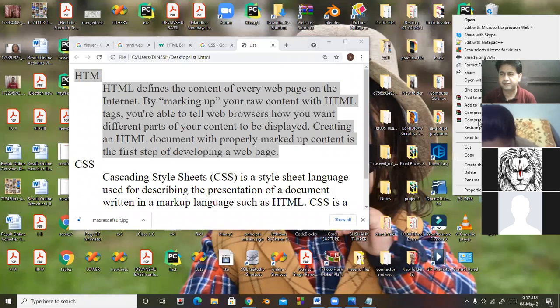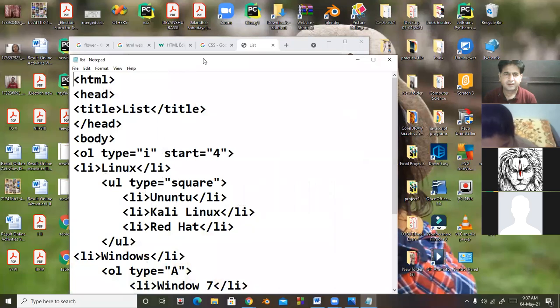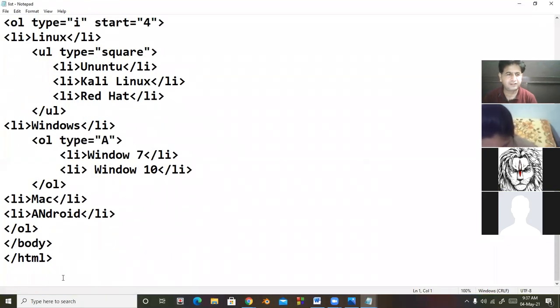In the first file, I'm making this definition list nested.